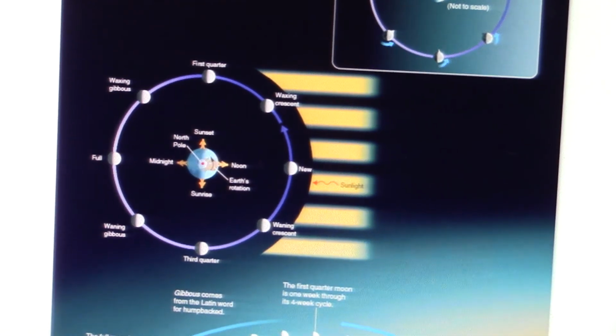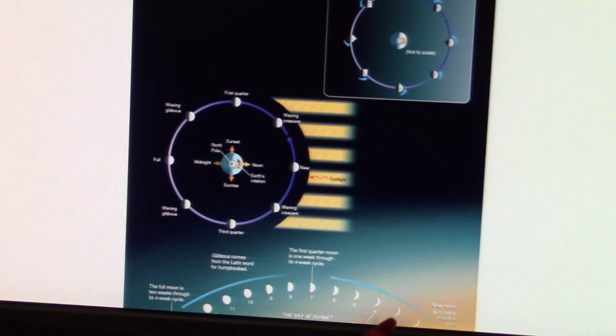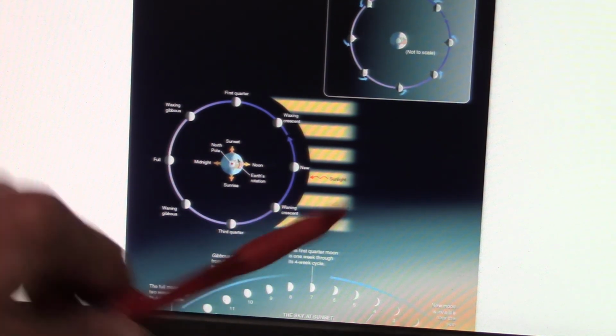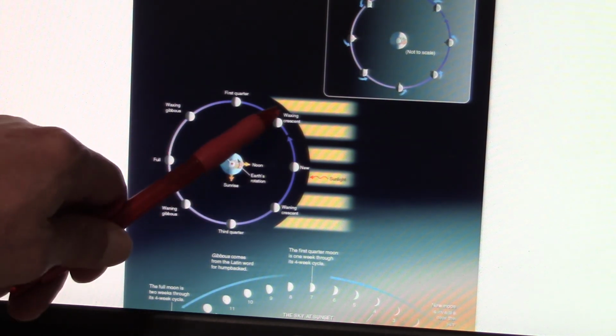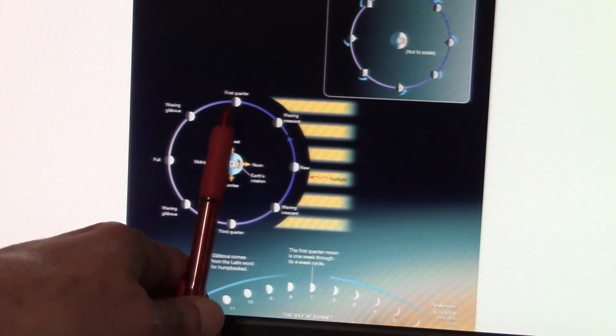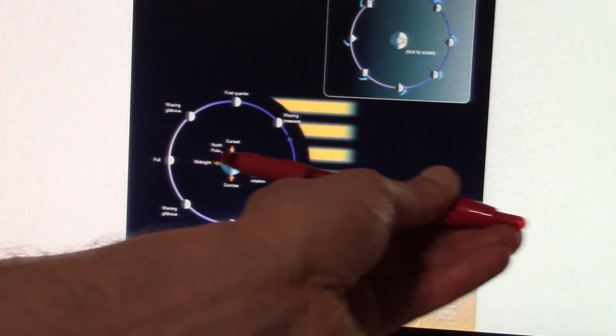So here you can see the moon. We know that the moon is like a little crescent sometimes in the sky. Sometimes it's a bigger crescent. Sometimes we see a half moon. Sometimes it's like an egg shape, and sometimes it's a full moon, right? That's because we're looking at the moon at different angles. When we're looking at the moon here, we just see a little bit of a crescent. When we're looking at the moon here, we see half the moon. When we're looking at the moon here, it's the full moon because it's getting the full